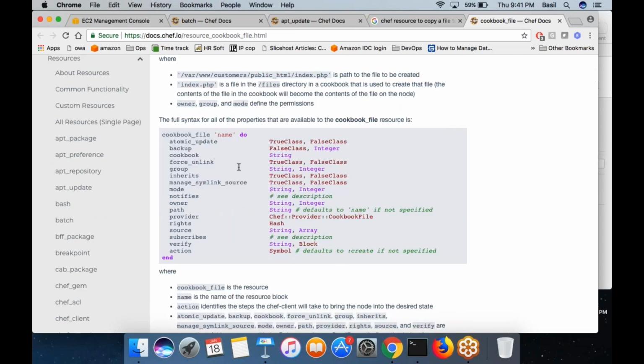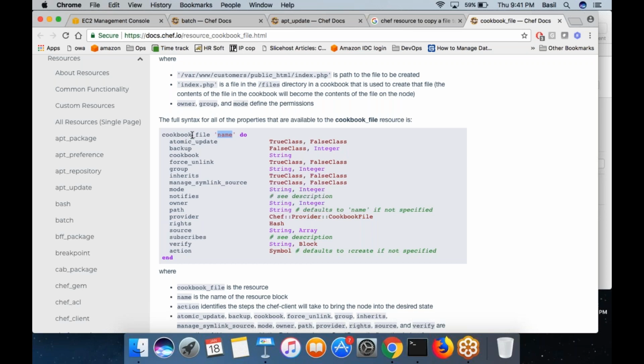These are the different options you can see. If you want to mention the exact path, you can do it here: /var/www/html/index.html. If you don't mention that here, then automatically whatever name you had given would be taken as the path.